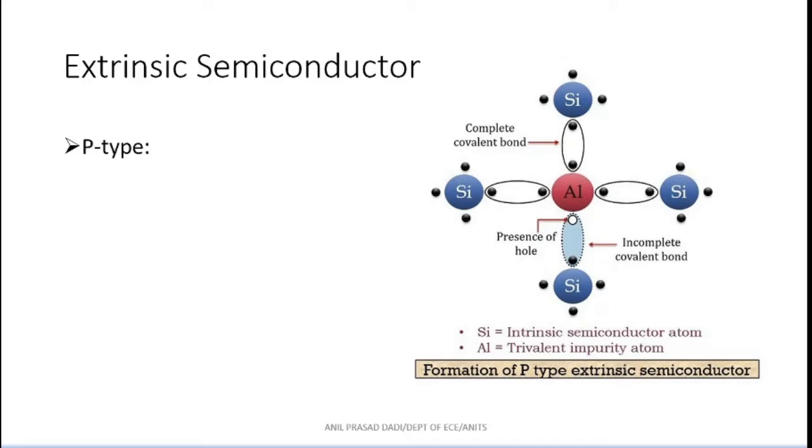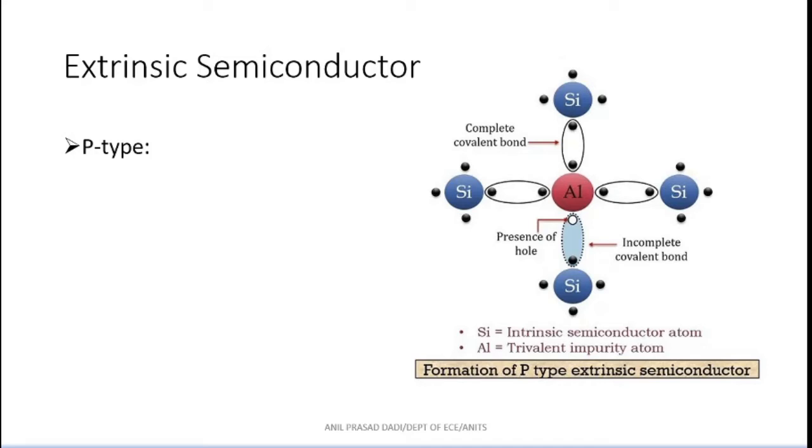So in the p-type semiconductor, p-type means adding trivalent impurity atoms, either boron or aluminum. It has 3 valence electrons. All the 3 valence electrons are involved in the bond formation with the neighboring silicon atoms, thereby creating one hole. So one aluminum atom is going to create one hole. Suppose I want 100 holes, what I have to do? If I require 100 holes, I need to add 100 aluminum atoms. That's all, nothing more.